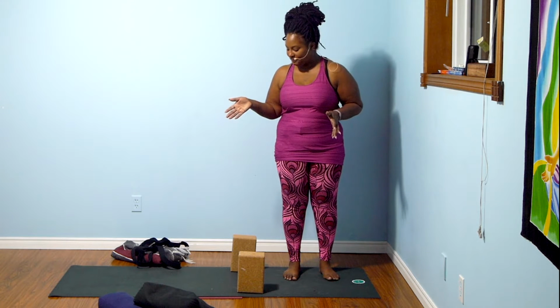Welcome to your Bakasana tutorial. This is Crow, and we're going to use the tools of the wall and blocks to help us get into